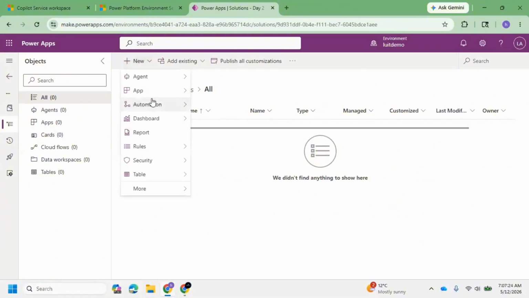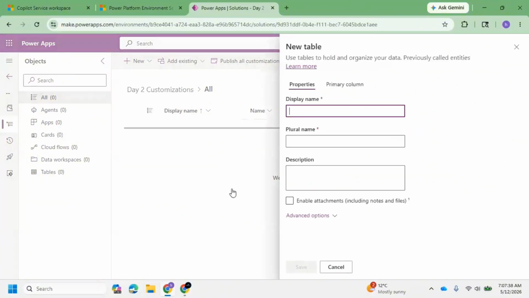Okay, so yesterday we went from here, clicked on table. Yesterday we tried with the first option, right? Tables. Now today we will be trying with the advanced properties. What could we see? Okay. Now if you see, this is the display name. What we need to give for the table? So let's give the